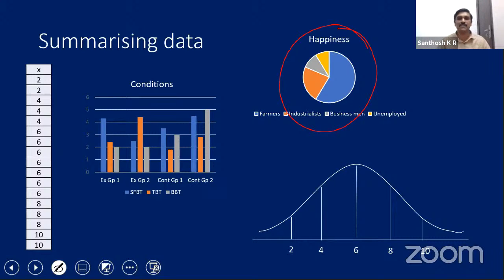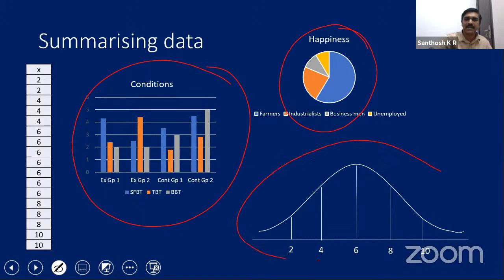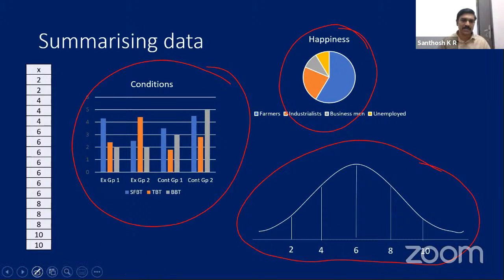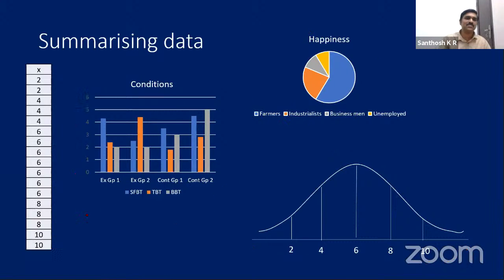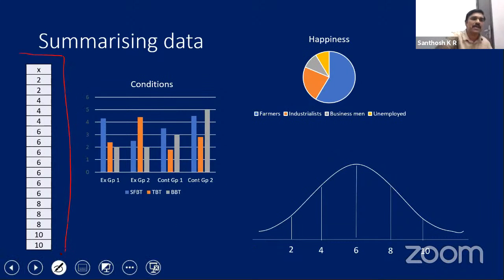So based on nominal level of measurement, we are doing such a diagram. Based on ordinal level of measurement, we can make a diagram like this: who is higher, who is lower. Based on interval ratio level of measurement, we may be making a diagram like this if we are drawing a diagram. Likewise, we can summarize data in different ways. And certain kinds of summarization are a little more interesting, and that is what we can see here in a table. It's also a summarization of data.